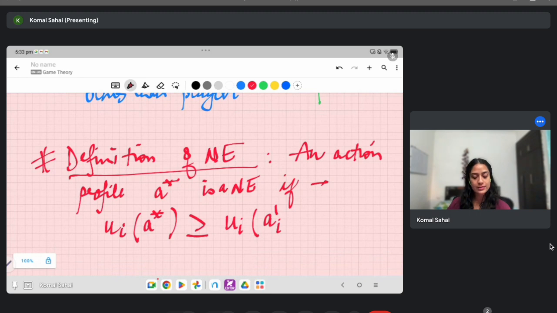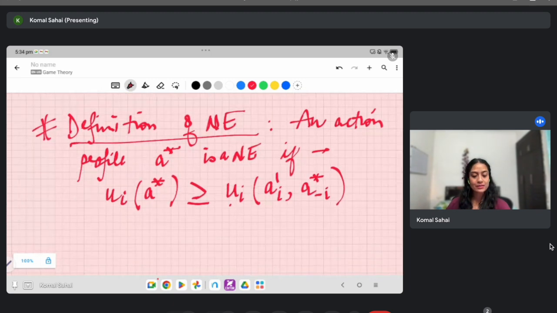So it is greater than or equal to the utility that is derived from an action AI prime, given that all other players are following the A star assigned actions, right? And it's a Nash equilibrium if this condition holds,